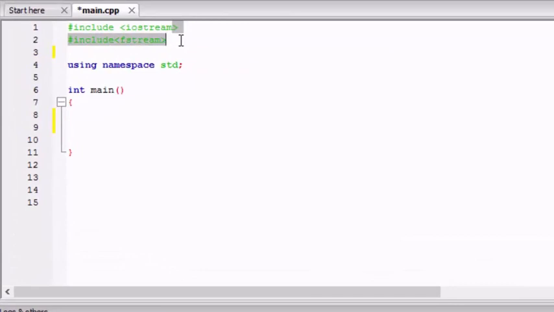So if you can see, here I have included the fstream header file. This includes two classes mainly, ofstream and ifstream. What we do with ofstream is that we can write something to a file and create a file through the ofstream class. So to access the ofstream class, we have to create an object of the class.